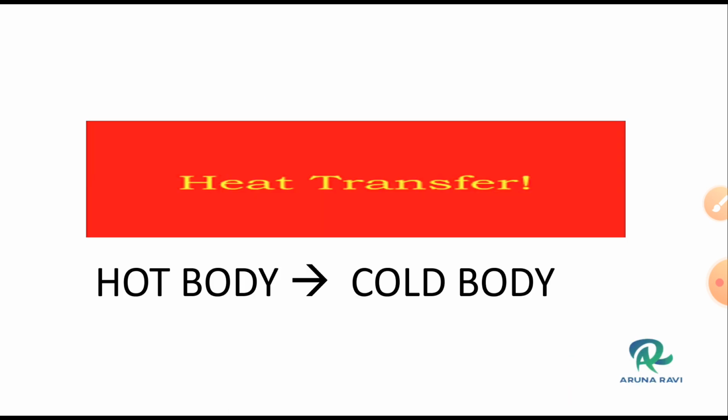Already we learnt in the last video that heat transfers from the hot body to the cold body. That means heat transfers from the body which has high temperature to the body which has low temperature. Up to what extent will the heat transfer take place? Until they attain a common temperature, that is the same temperature, then those bodies are said to be in thermal equilibrium. Up to the thermal equilibrium position, the heat transfer will take place. That means the hot body is losing heat energy and the cold body is gaining heat energy.